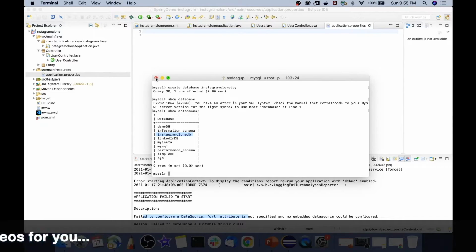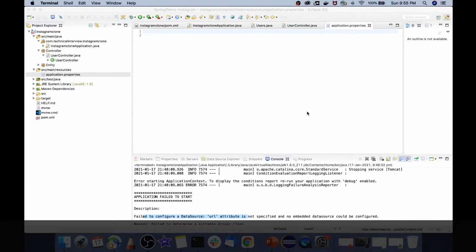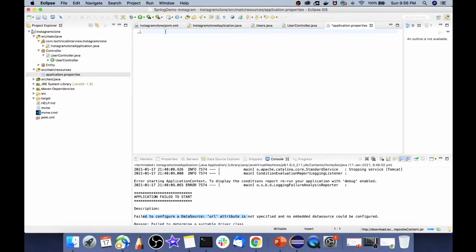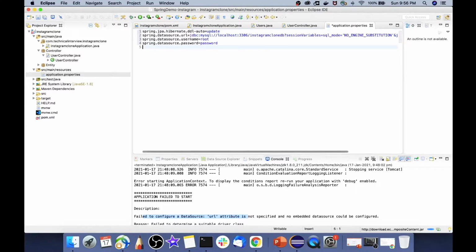Let's now close this and put the connection in our file. This is a simple URL connection. I will be directly pasting it over here, as well as providing this connection in the description below. Mostly it is the same for all machines, because the MySQL server will be running on port 3306, and this is the name of the DB that you have created just now. If you have created a different DB, just rename it accordingly. So over here we are done with our DB connection.